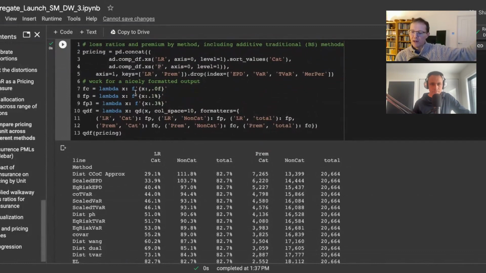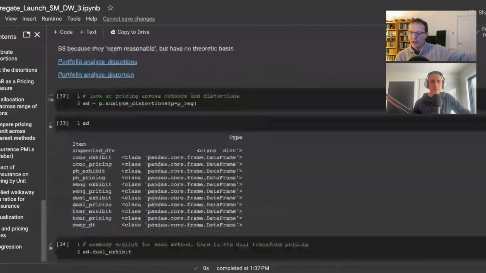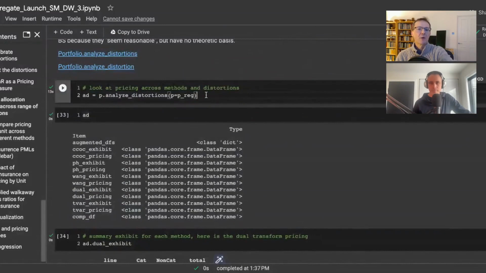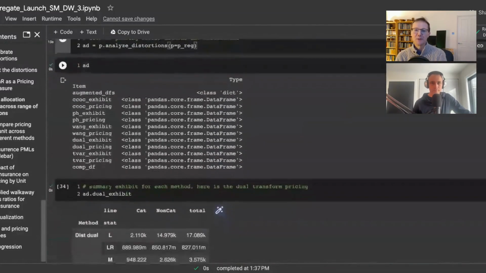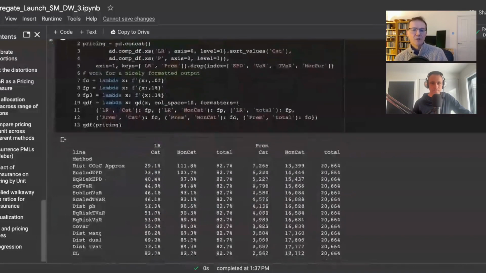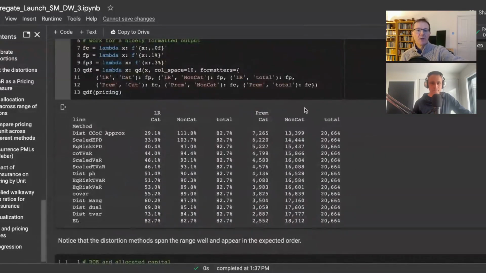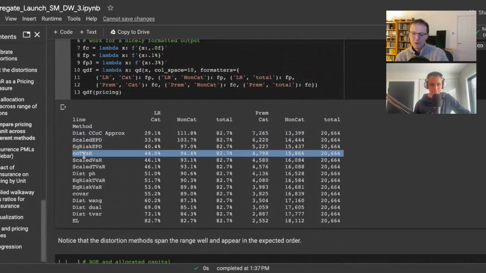So remember, way back we calibrated distortions to our 99.5 capital. That was this. It took a very long time to run. It took 13 seconds to run, right? That's a lot of heavy lifting that goes on. Yeah. Okay. Now the other things you've got in here, you've got things like scaled EPD, equal risk, scaled VaR, TVaR. These are what I politely call the BS pricing methods, right? Which you can interpret how you choose. They have no real theoretical basis exactly, but they're commonly used, and they're all also described in the book. Co-TVaR is the